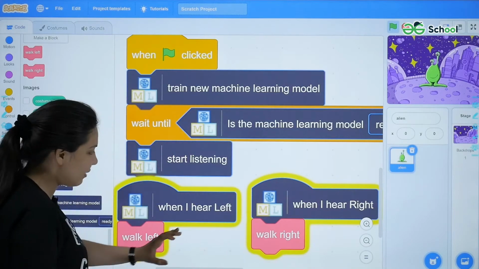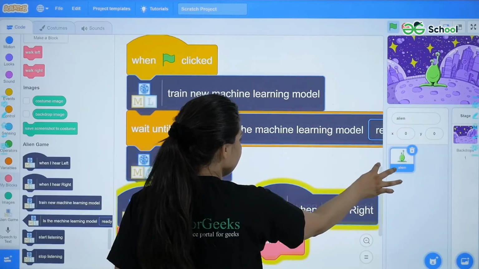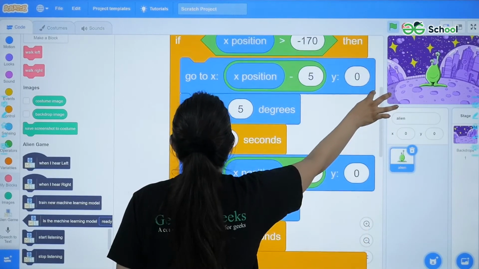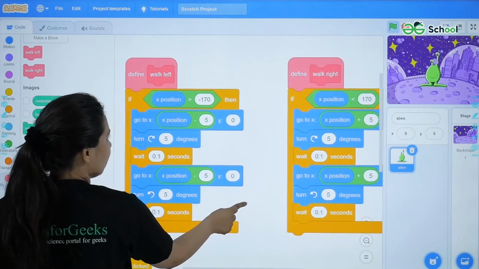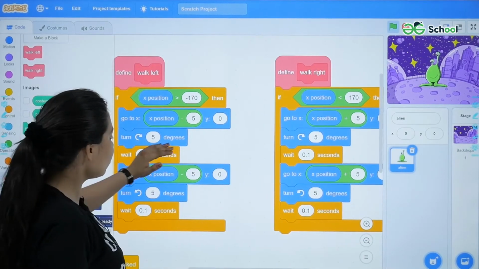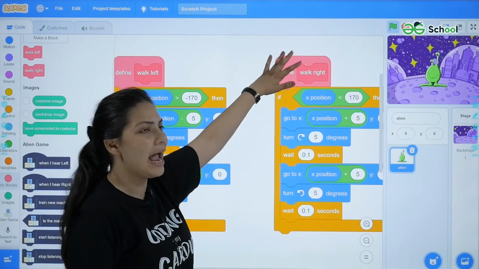Now what are walk left and walk right? These blocks are predefined over here. Let me minimize it. So there are two blocks that have been defined over here, that is walk left and walk right.